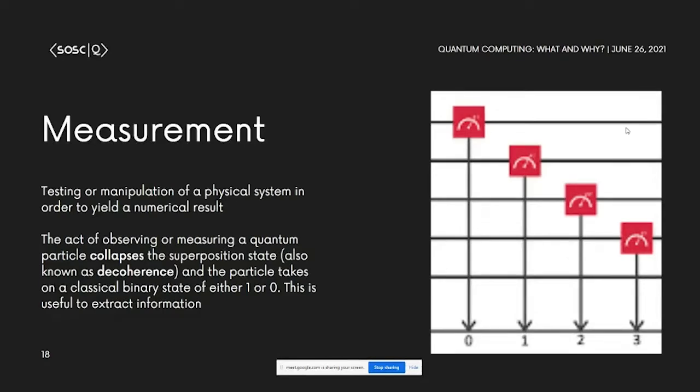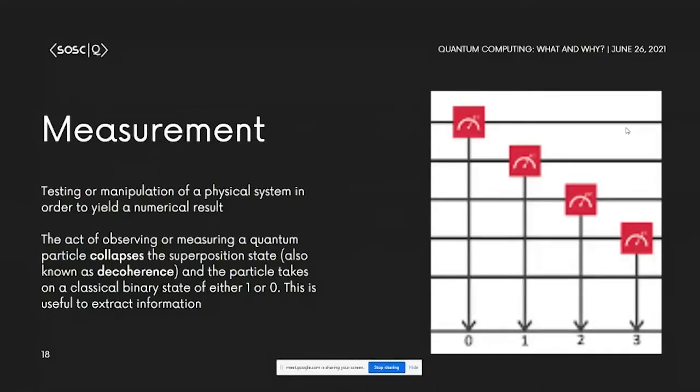Okay, so when you measure something, you're collapsing the quantum state and decohering it, right? After measurement, you are losing everything you have. So this is not really a quantum operation, right? This is something you have to be careful about. You measure always at the end of the circuit. Most of the time, you can have mid-circuit measurements too, but you usually measure at the end of the circuit to get your usable output out after you have applied your quantum gate operations, right?